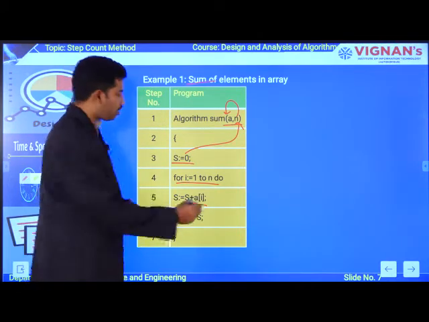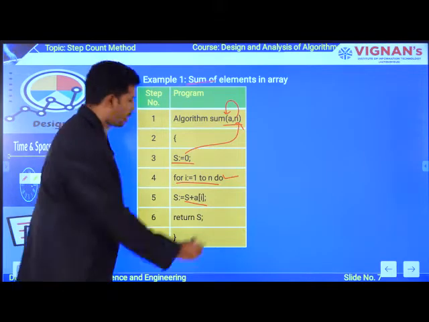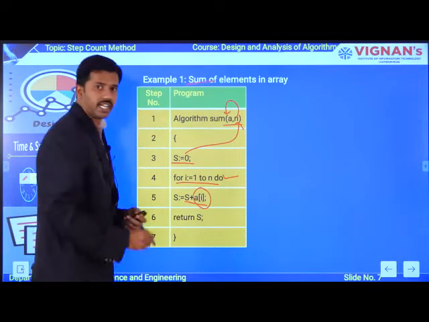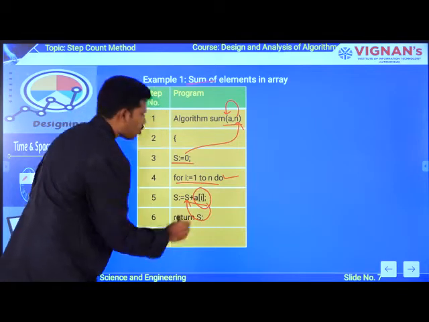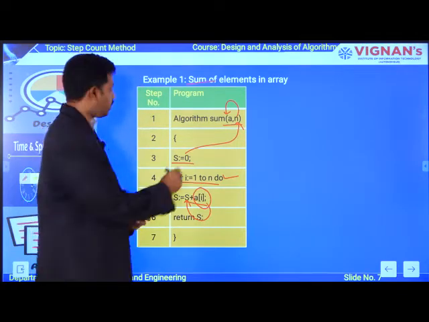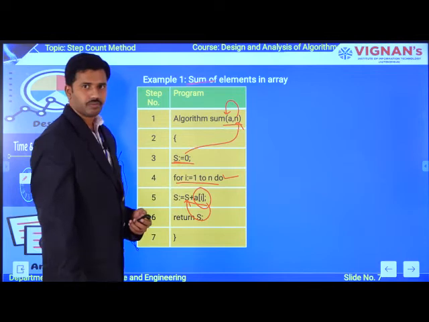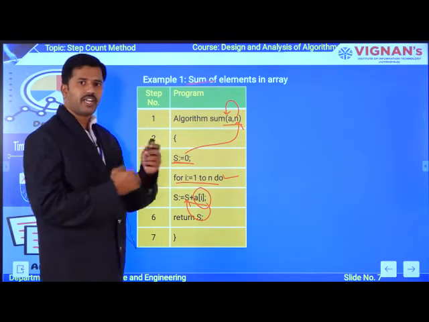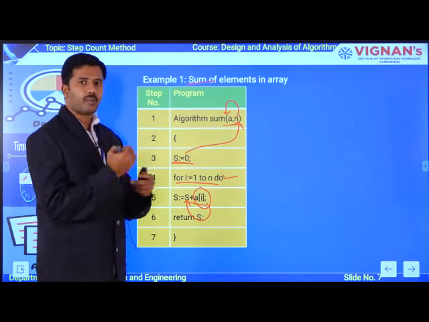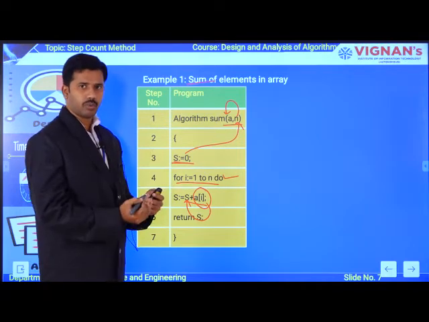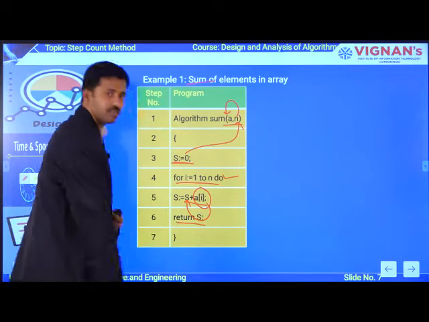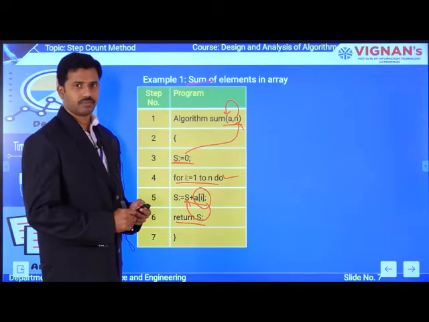For every iteration of this for loop, I am retrieving the value of the corresponding index which is available in the array. That value will be updated to my s variable. Initially my s variable is 0. Likewise, for every iteration I am updating the s value. After completing the execution of my for loop, I am going to return the result with the help of the statement return s.